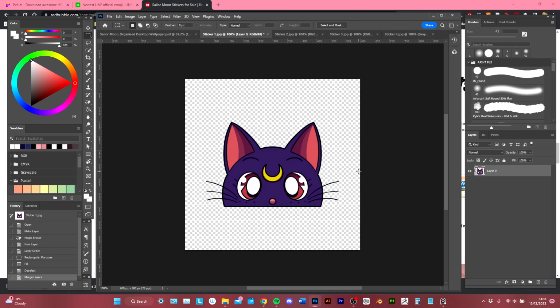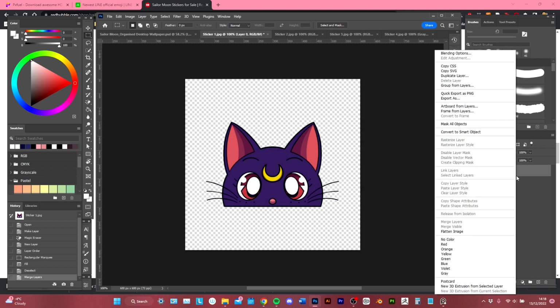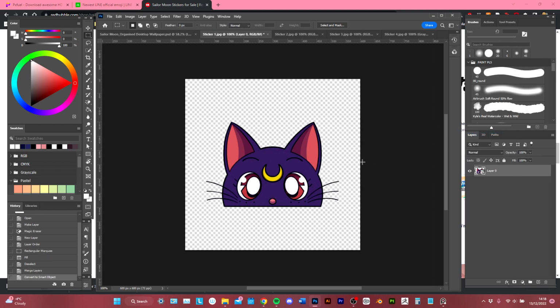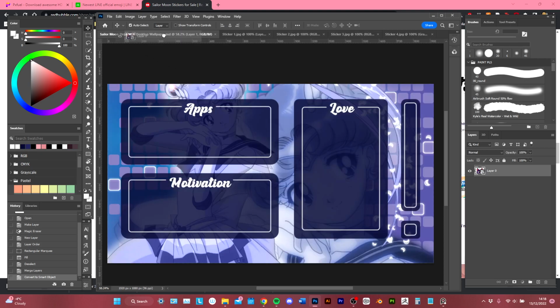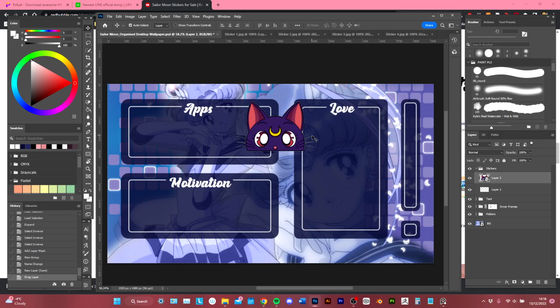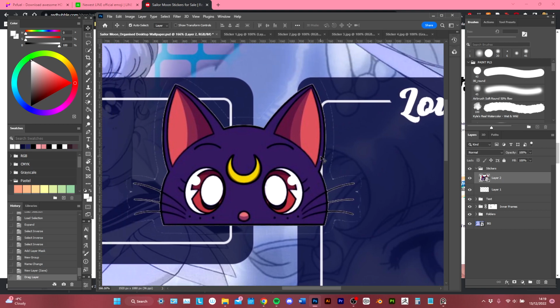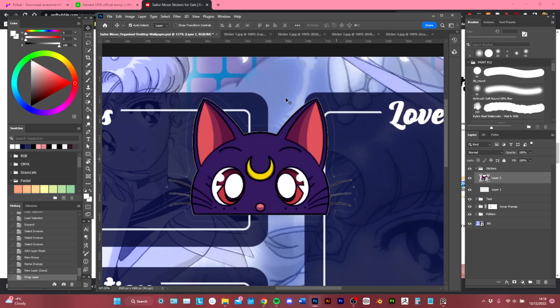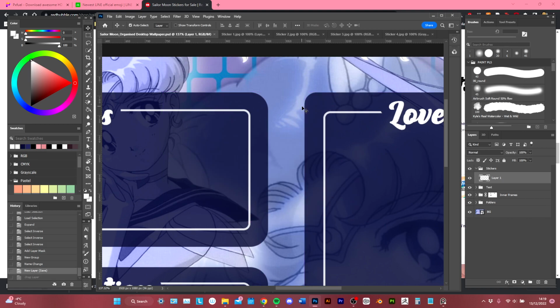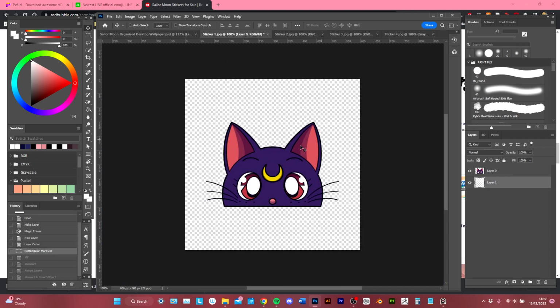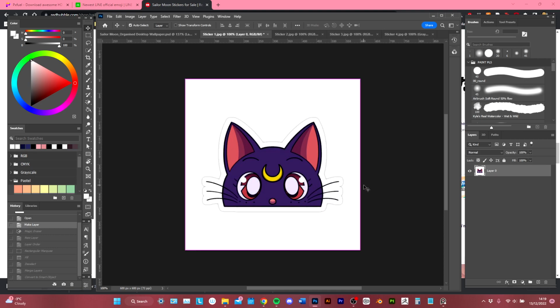And then you can Shift select both of the layers, right-click and merge layers. And then what I would recommend is converting it to a smart object by right-clicking and choosing convert to smart object. Now if I press V or press over here, I can drag this layer to the first project, and it'll create a new layer for us. Now, if it's a little bit untidy, you might have to play with the settings a little bit to get rid of it. So I'll undo all of this, and I'll show you a second method, which is